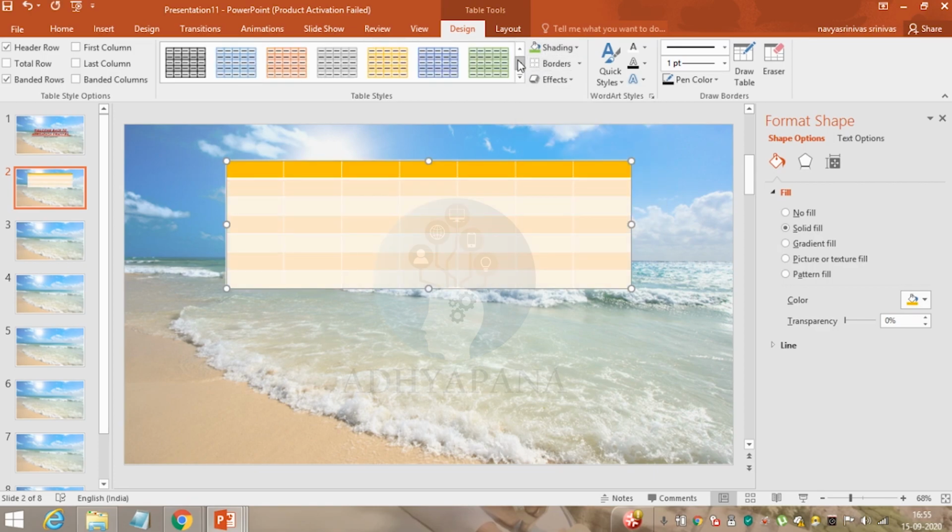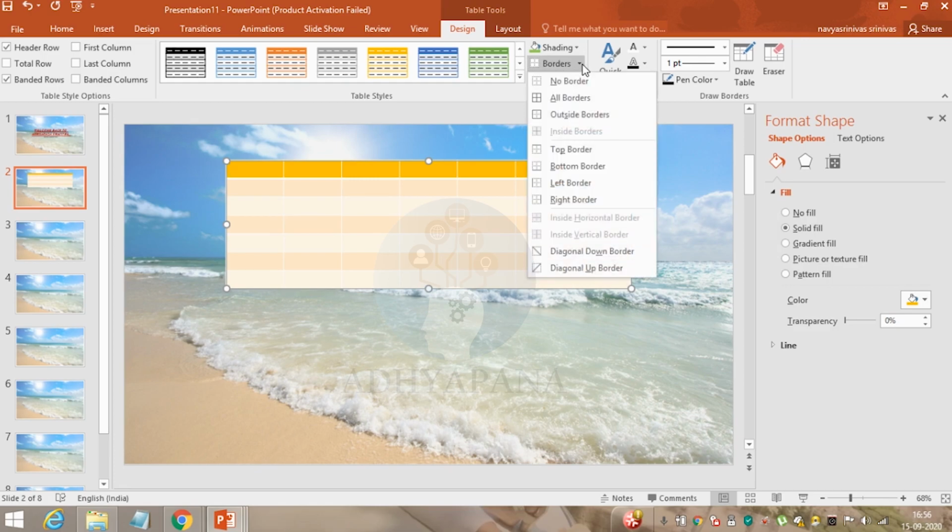You can also shade the color, you can also select the backgrounds, or you can also select the borders. If you want all borders, or if you don't like to keep the borders you can go for this, or if you want only selected borders, for example top or bottom or left or right, you can select over here.